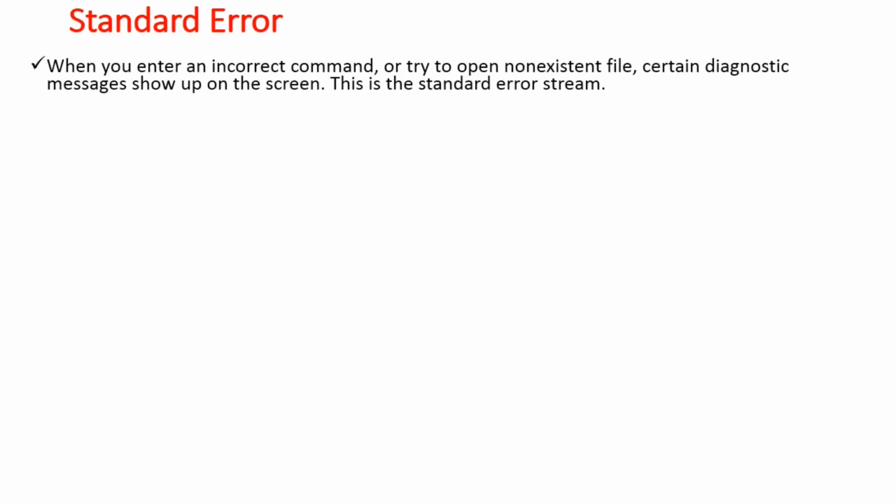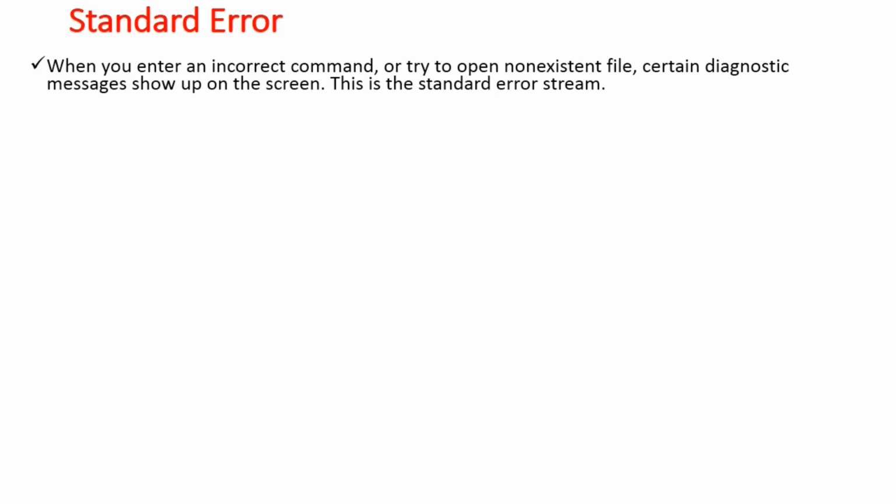Next is the standard error. If the command is invalid, once the command fails in executing, the user gets an error message on the terminal. When you enter an incorrect command or try to open a non-existent file, you will get error messages on the screen.